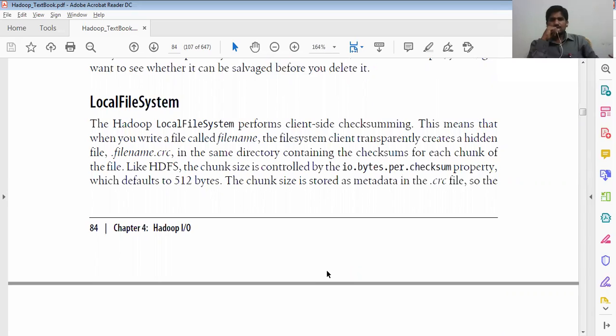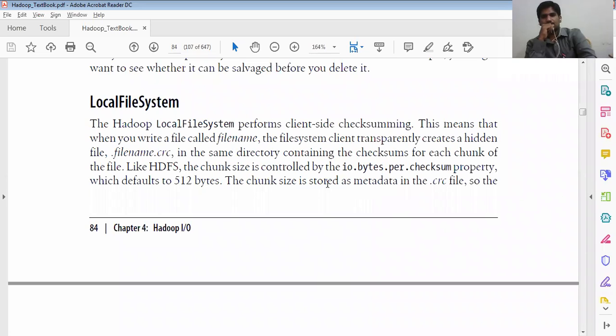This means that when you write a file called filename, the client transparently creates a hidden file, .filename.crc, in the same directory containing the checksums for each chunk of the file, like HDFS. The chunk size is controlled by the io.bytes.per.checksum